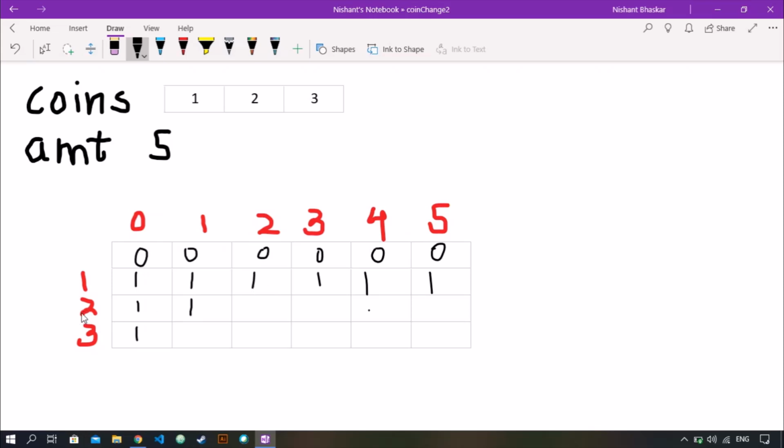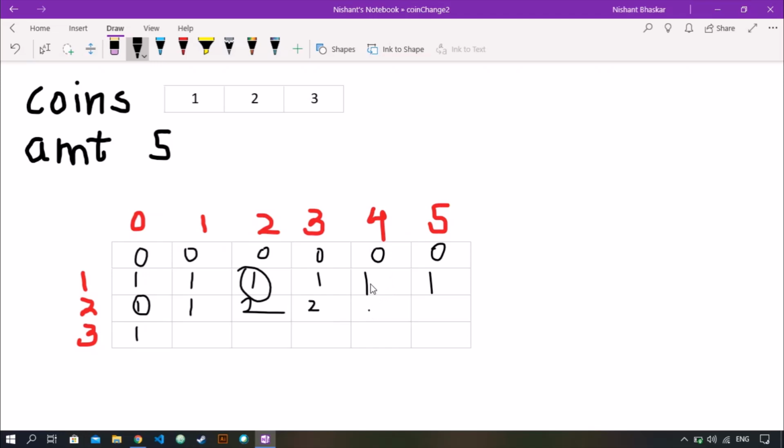Now we have one more coin of denomination 2, so what we do is we go 2 steps back and add this to this one. So 1 plus 1 is 2, so 2 is our answer. Yeah, so for 3 we add 1 and we go 2 steps back from here, that is 1, again 2.